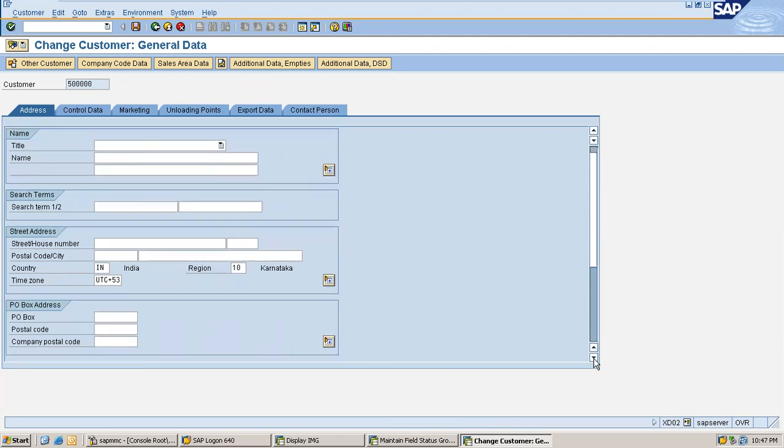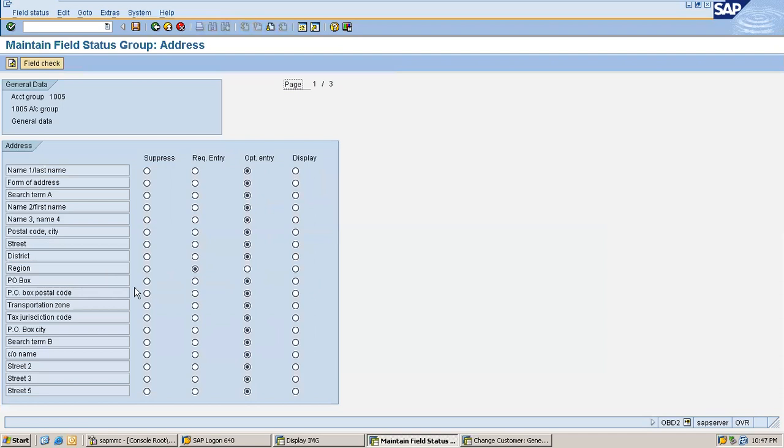Okay, you don't have it. So let's say time zone. I can mark time zone as display entry. For that also I have to find the field here. Go to the second page, time zone. So I mark it as display.